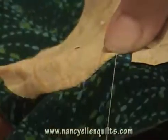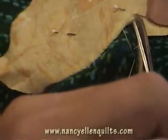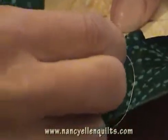I think I could take one more stitch, and now I can only take one more snip, and this is going to be it for the snips. Right into the corner. And that's it. I'm just going to tuck that, continue into the innie,